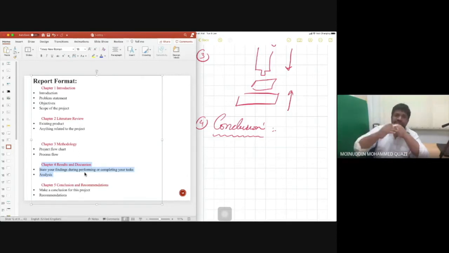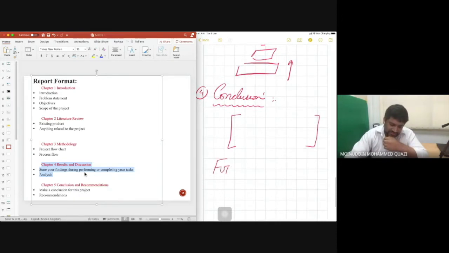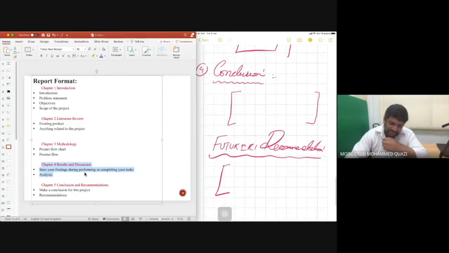So in conclusion, just give briefly, just one paragraph or 4 or 5 bullet points, exactly the main things that you're going to tell about your product and future work. In the future you want to improve. So in the conclusion you have your own conclusion, and then you have future works, future recommendation. In the future recommendation, you can say that later on maybe the other groups, or in future we plan to add more functionality, or we plan to do more testing to improve the reliability, something like that.